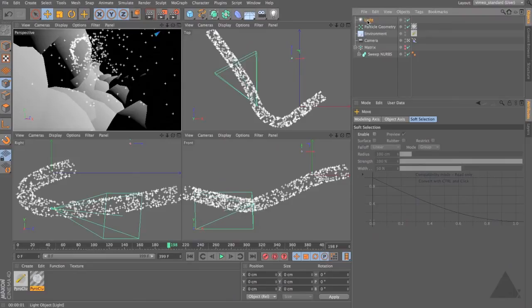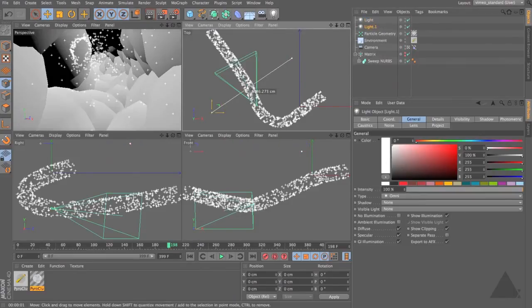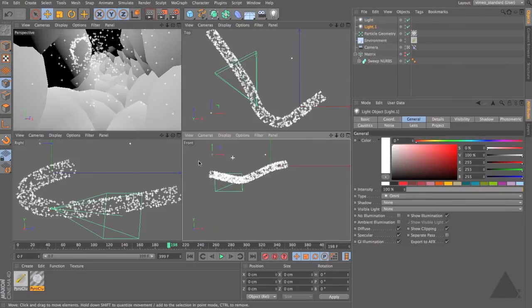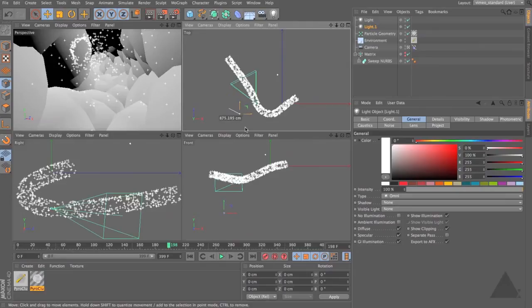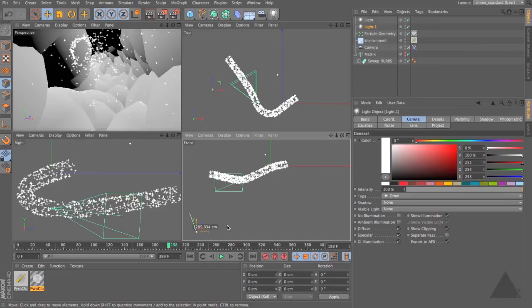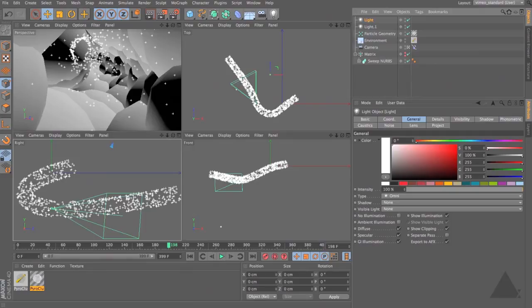Let's also grab this light and take it over to the other side, and let's pull it down so that we've got a light kind of hitting. In fact, let's make it a little bit lower, something like so. So we've just got a little bit more illumination going on over the whole thing. Now, of course, having two lights at 100% intensity with no shadows is going to produce quite flat lighting in